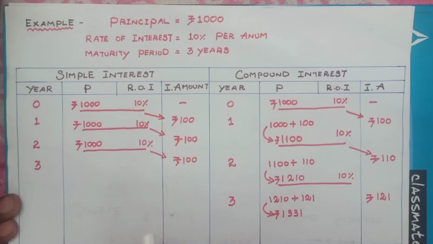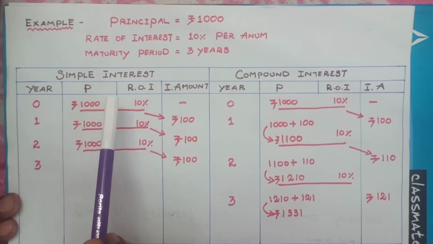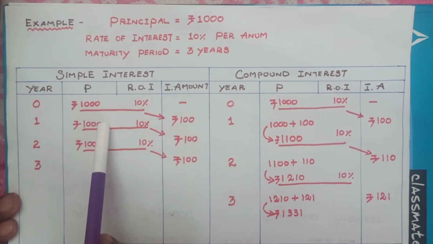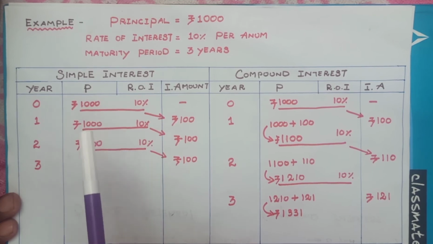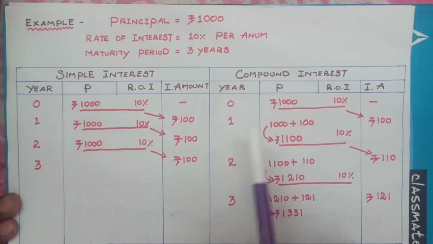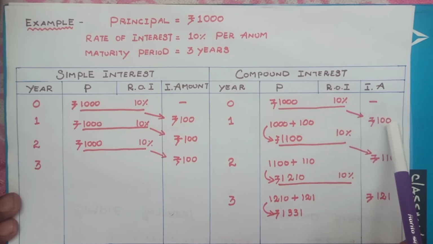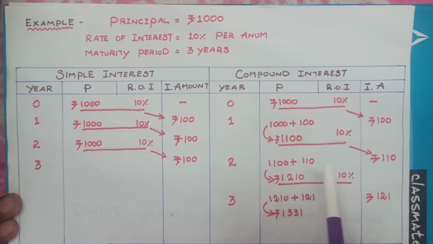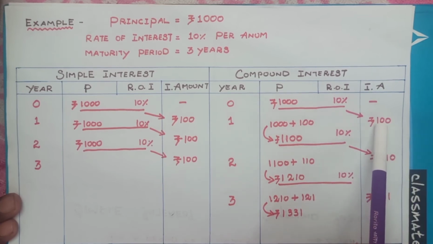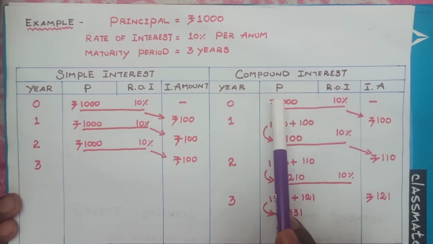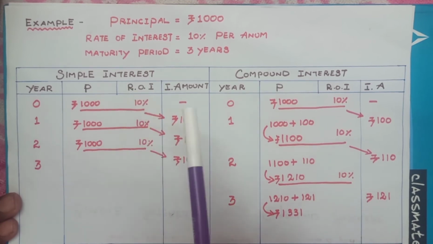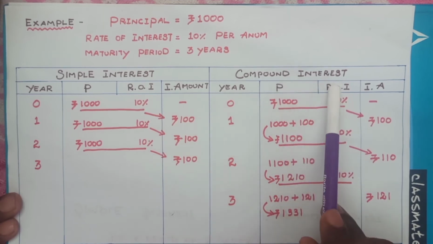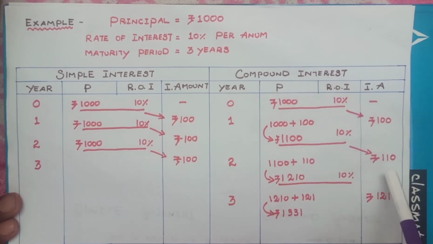You should remember 2 important points here. Number 1, in simple interest you will get the same interest amount because your principal is same for every year, as same as what you have invested at the very first day. In compound interest scheme you will get a different interest amount every year because your principal gets varied every year, that is, the interest amount of a particular year will be added to the previous year's principal. So in simple interest your interest amount is same for every year. In compound interest scheme your interest amount varies every year.